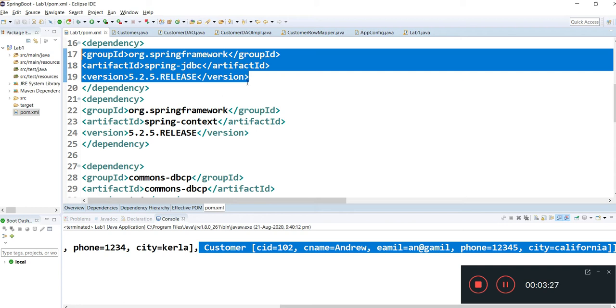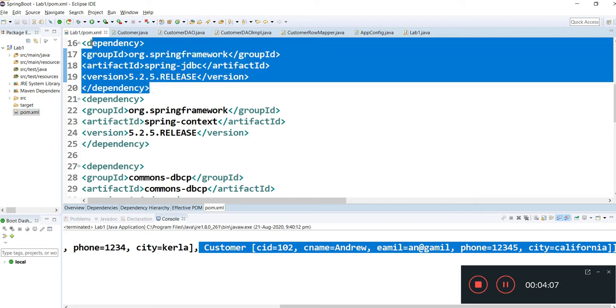There are a number of starters, like Spring Boot starter JDBC, Spring Boot JPA starter, Spring Boot web starter, Spring Boot security starter, and Spring Boot mail starter. You just need to mention your starter and it will download all the required jars. You need not worry about the jars. In future, if you want to change or update anything, you don't need to worry either. It will download all the jars compatible with your project. So you need not worry about your pom.xml.